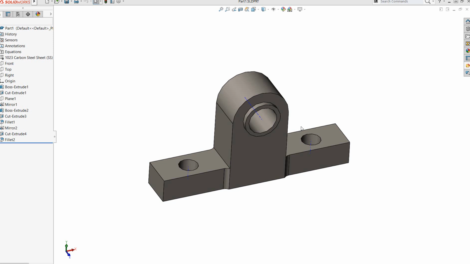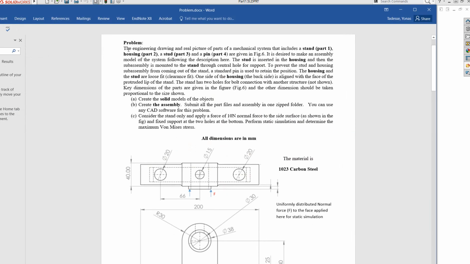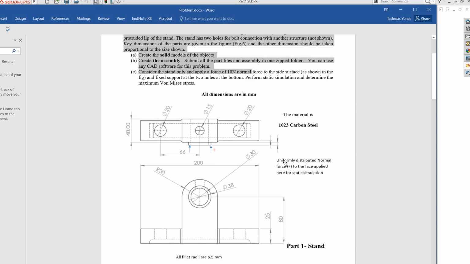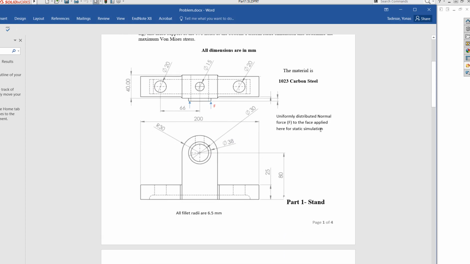Okay, let's see how to make the assembly problem. I have already created a part like this one. Let me go to the problem. The problem is that the engineering drawing of the object is given, so I have to create all this